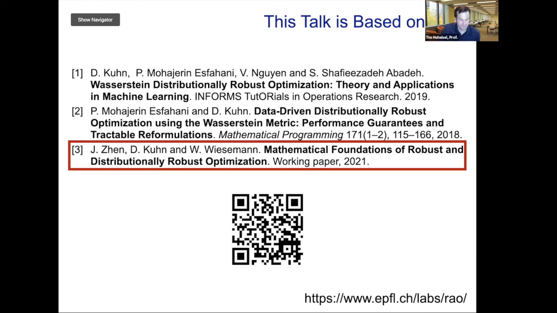Yes, thanks very much, Professor Kuhn, for this very exhaustive talk. Hopefully not exhausting. No, not to me at least. Pretty nice to start with straight up convex optimization and go all the way to distributionally robust optimization. So that was pretty amazing. Are there any questions from the audience?